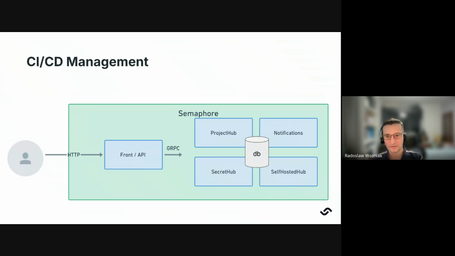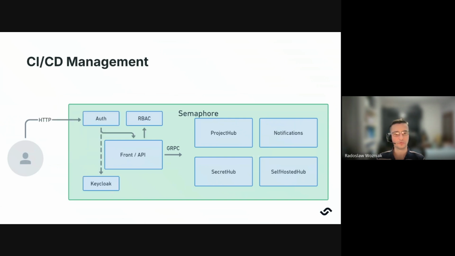These backend services are responsible for enforcing rules, processing data, and ensuring each part of the system operates independently without creating bottlenecks. This separation of concerns allows Semaphore to remain secure, modular, and flexible. It ensures that new features can be introduced without disrupting existing functionality, while maintaining a clear structure for how data